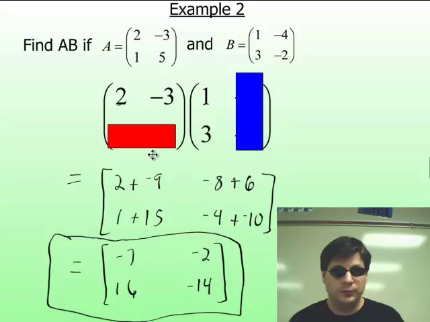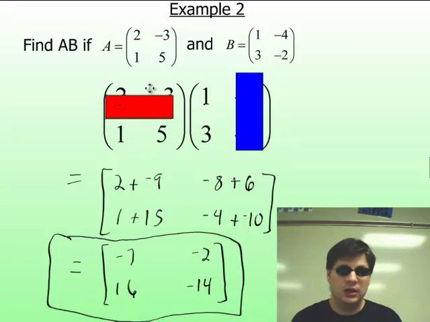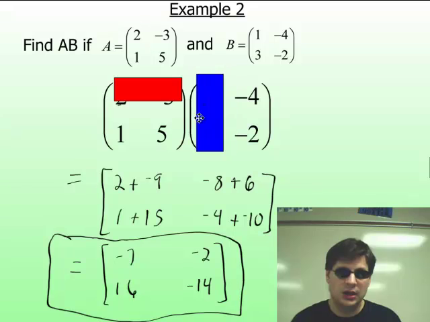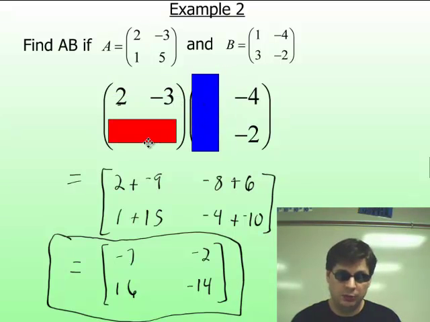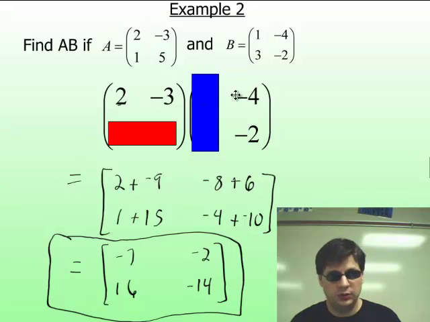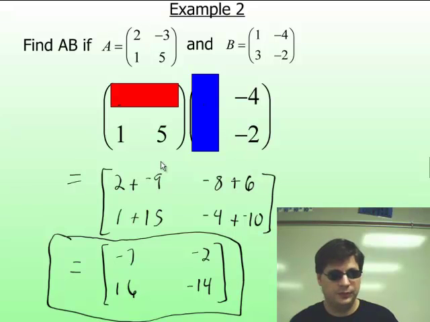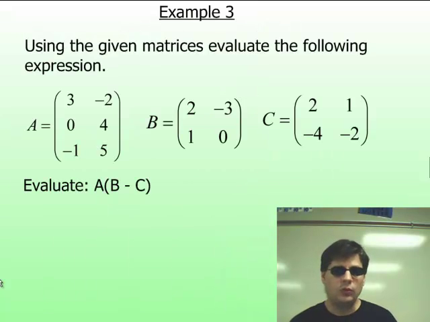Okay, so to review, we start off with the first row and first column, 2 with the 1, negative 3 with the 3. Then we do second row, first column, 1 with 1, 5 with 3. Then we move on to the second column, and then we reset the first one. And then first row, so 2 with negative 4, negative 3 with negative 2. And then finally the second row, second column, 1 with negative 4, 5 with negative 2. Okay, so we're going to be using